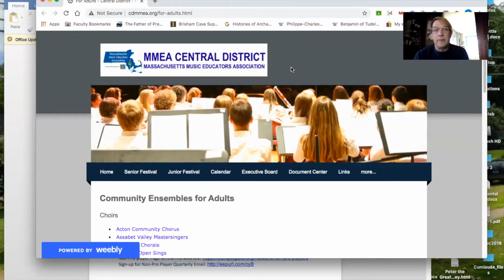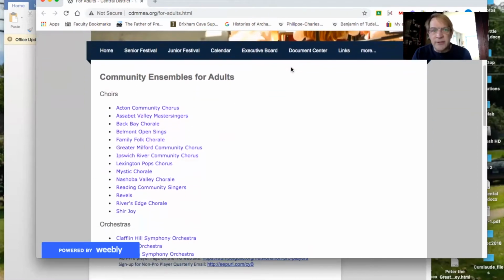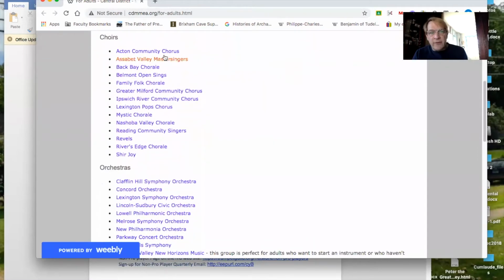People who are connected with this will likely know about bands. As I said, often community bands have as members frequently people playing the first chairs, or at least the first parts, are frequently music educators who are working in the public school districts, and they would be good resources. They would be people who would know the bands because they're playing in them. But again, here you have also choirs,